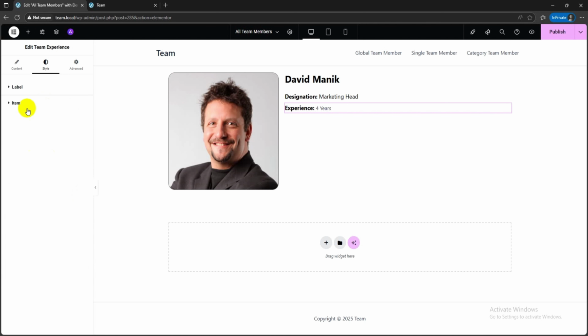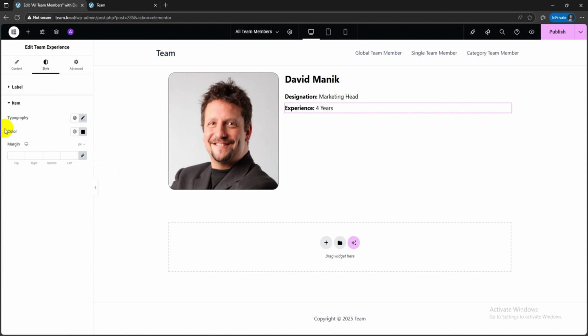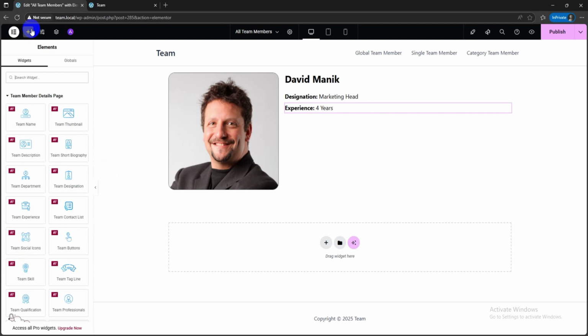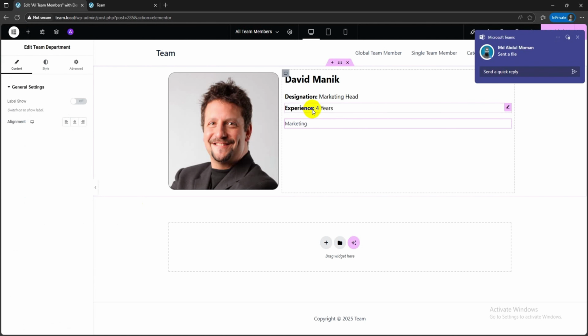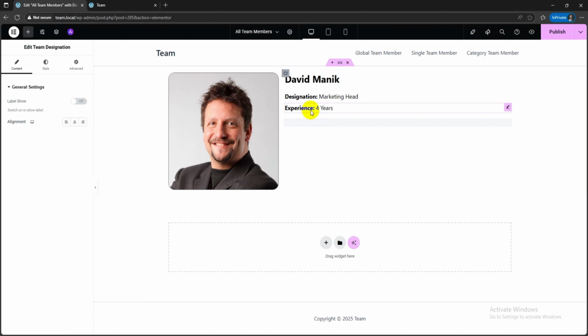Then go to the item for the next. You can customize its color from this color picker along with the typography for its size. In the next, you can select theme department to drag and drop it under the experience. But if you want something else instead of theme department, you can select theme designation or the theme description